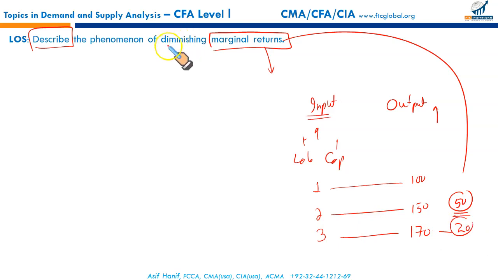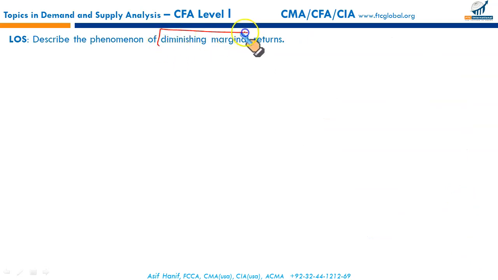Now when you say diminishing, this is shown right here. As you increase from unit 1 to 2, output increases by 50, but when an additional input was raised, the output rose only by 20 instead of the previous 50. Now the increase is diminishing. We can interpret this with the help of a typical classical example that my teachers gave me way back